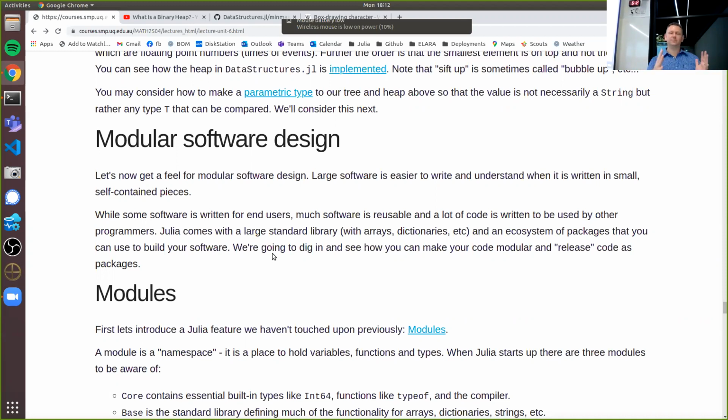Even though it might be one small piece of a 1,000,000-line code base, you could still look at those 1,000 lines of code and sort of understand it in a day, even though there's another 500,000 lines of code it's referring to that you don't need to know the details of. So it's just better to write code in small self-contained pieces, just because it's a better way for humans